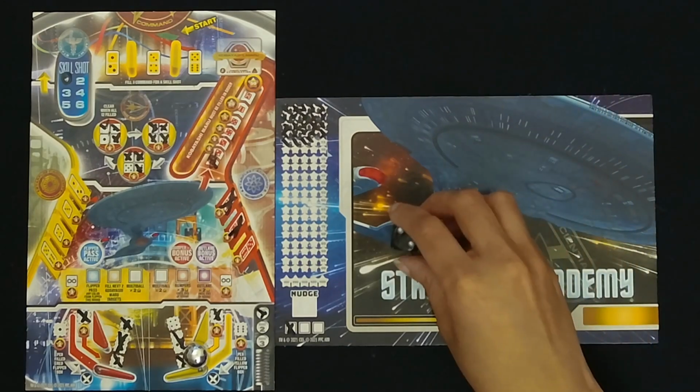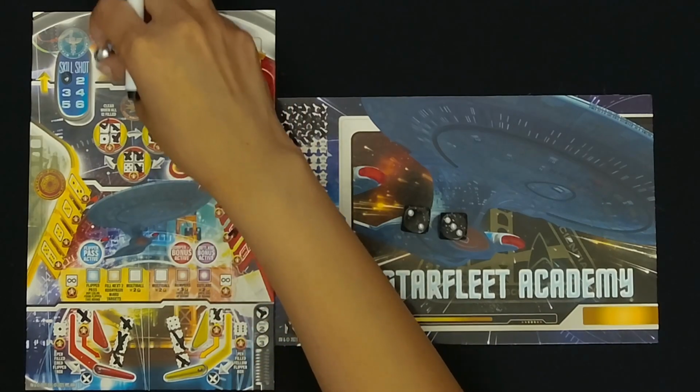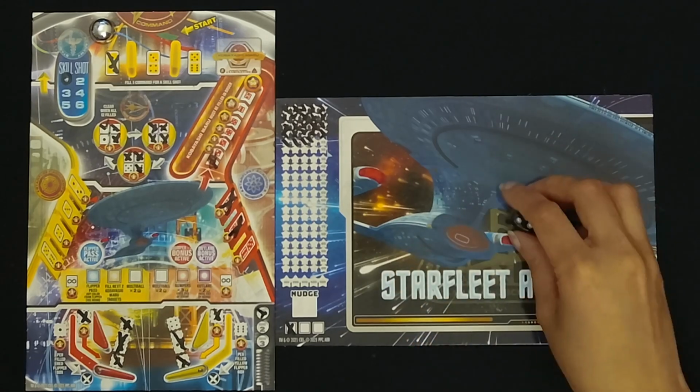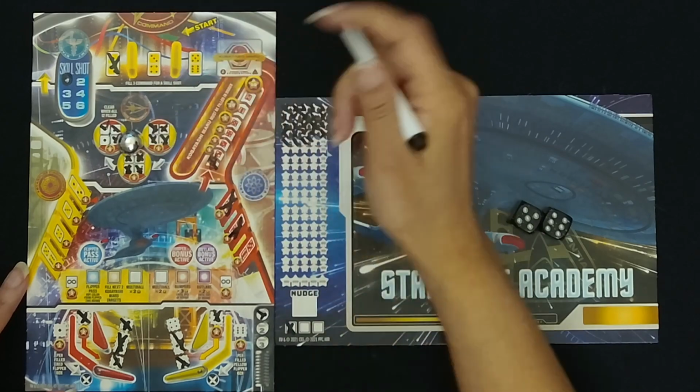And we got a 3 and a 2. So let's move up here. We'll use the 2. We can roll for our next turn. And a 5 and a 6. Okay, awesome. Okay, so here's our 5. We'll get our